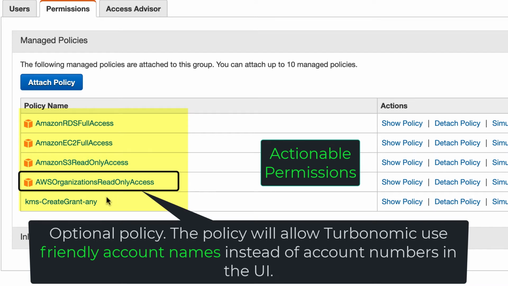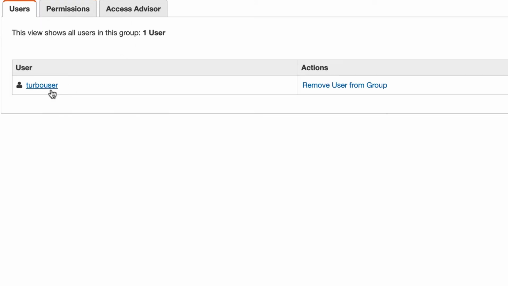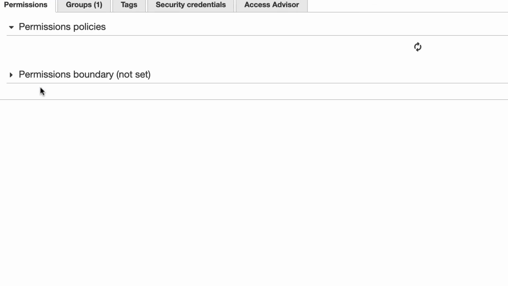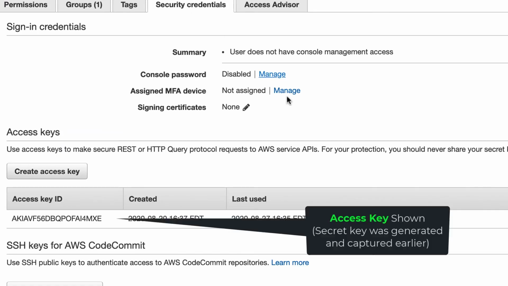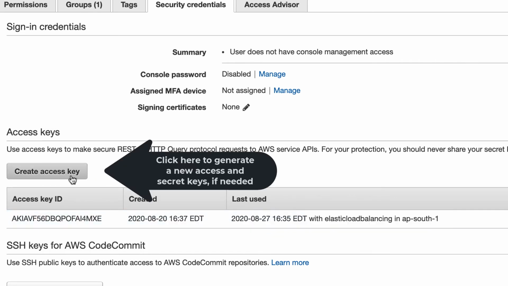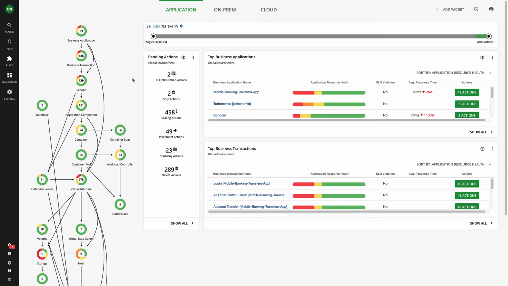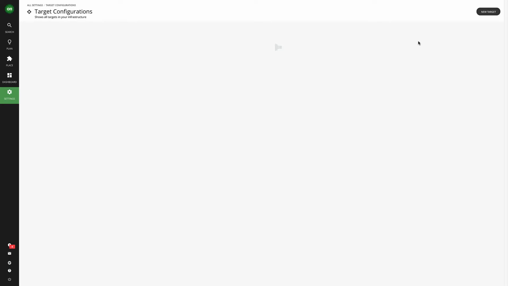For example, if there will be any workloads in the account that you would like to use Turbonomic to optimize with actions. So here's the user I associated. You can see if I go to security credentials, under here I already have a key, but if you want to create a new one, you create access key over here and you're all set. So now that we have all the S3 and the IAM key information, we can go and add a target